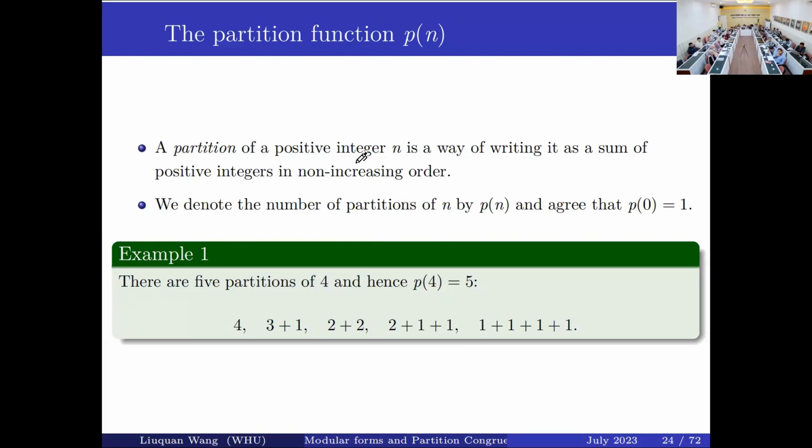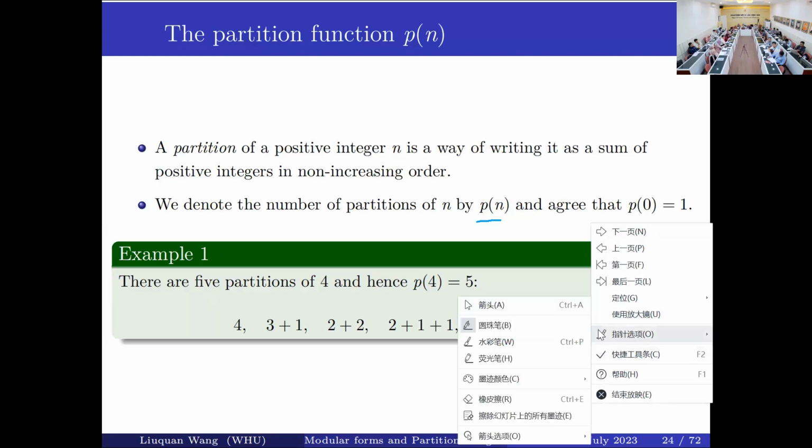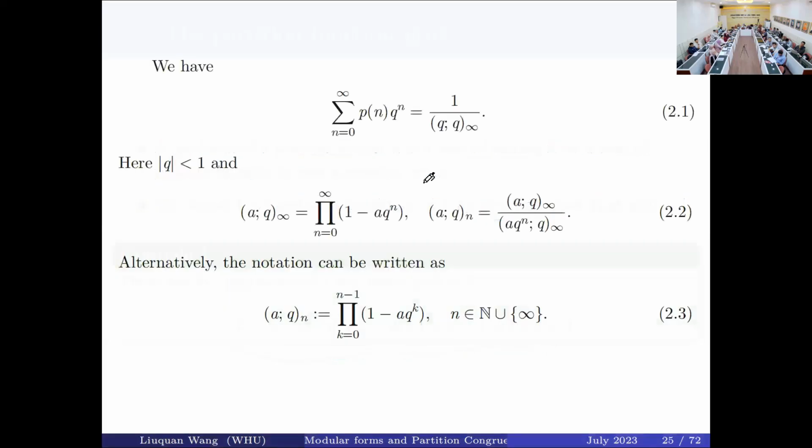A partition of a positive integer n is a way of writing it as a sum of positive integers in non-increasing order. We denote the number of partitions of n by p(n), and we agree that p(0) equals 1. For example, there are 5 partitions of 4, and hence p(4) equals 5. And these are the 5 partitions of 4. And Euler found that the generating function for p(n) equals an infinite product,